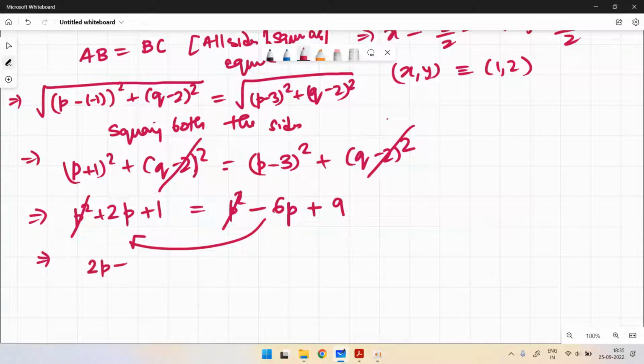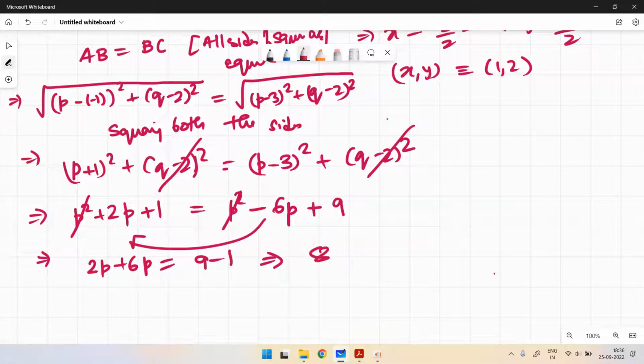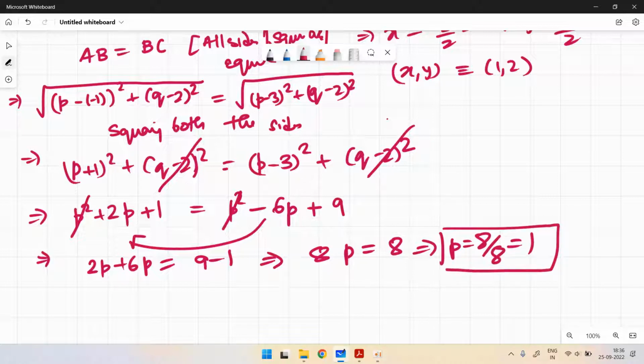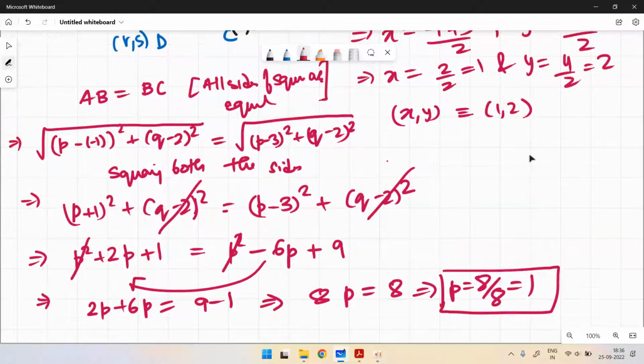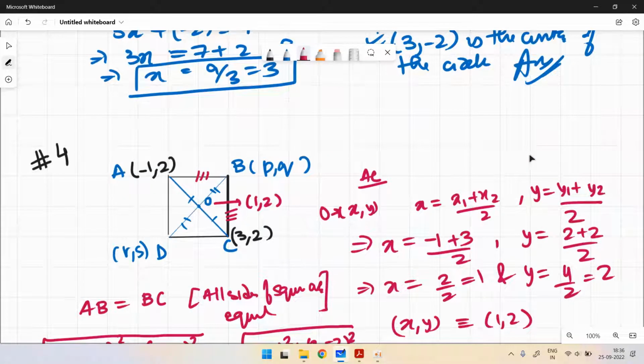this will be 2P plus 6P equals 9 minus 1, which implies that 8P equals 8, which implies that P equals 8 by 8, nothing but 1. So the value of P is 1. Now you have got the value of P as 1. The Q value you have not got, and yes, you got P to be 1, and